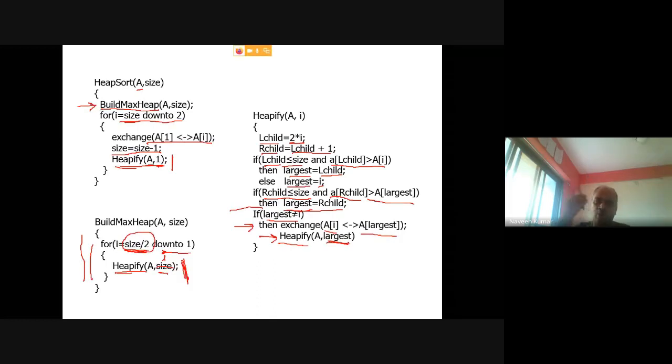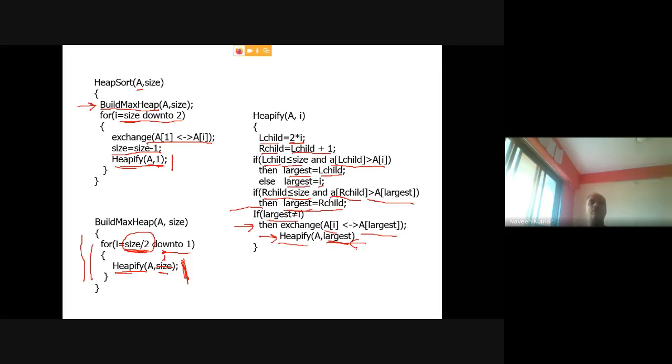So it is either the left child or the right child. Consider it as the right child. So largest is the right child, and the right child will go as a root node. So you are sending the right subtree into the heapify operation again. You again find the left child and right child of that node, then compare the largest among those three. You keep on working this way until you get a max heap. It means that element has got its correct place.